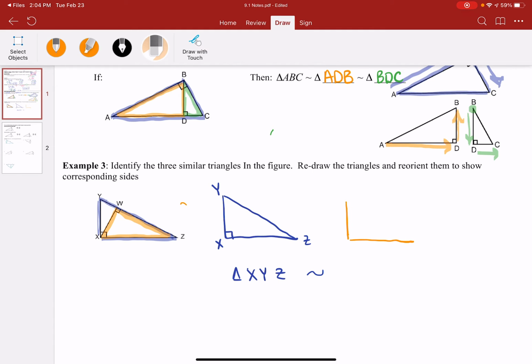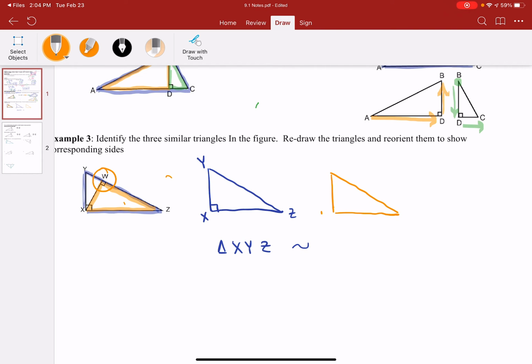If you take a look at our picture, where my little right angle here is, that's W. And then where my short side here is, that's X. And then that would be Z. So we would say the triangle XYZ is similar to, so remember when we named our first shape, we started at our right angle, we went up along this short side to Y, and then across our hypotenuse to Z. So we want to follow that same pattern here, and we would start at our right angle, which is W, up to our short side, which is X, and then across our hypotenuse, which is Z. So we would call this triangle